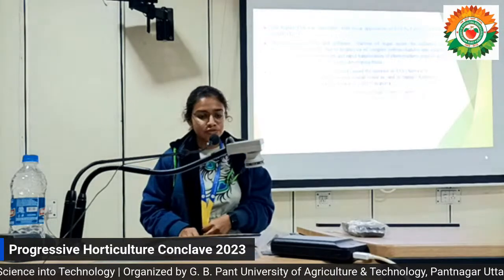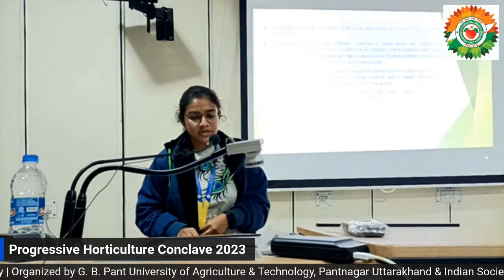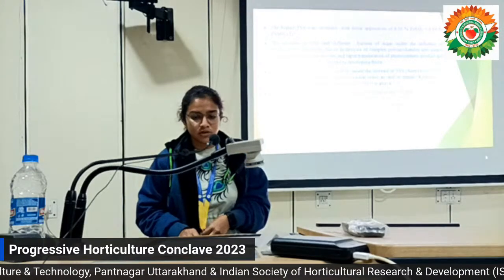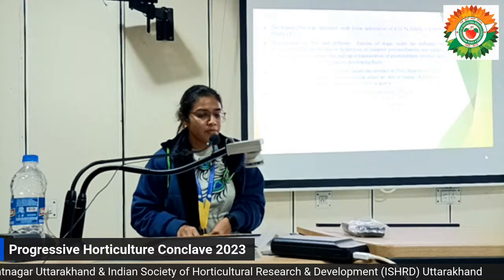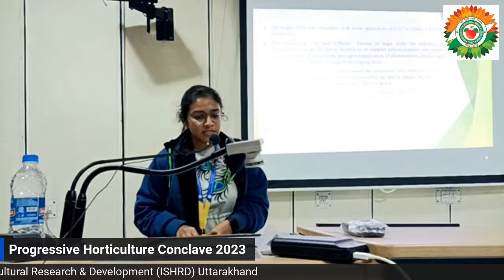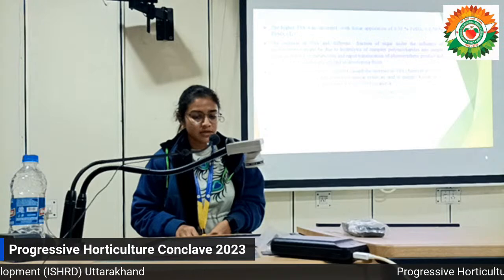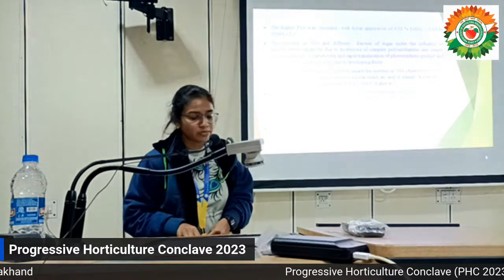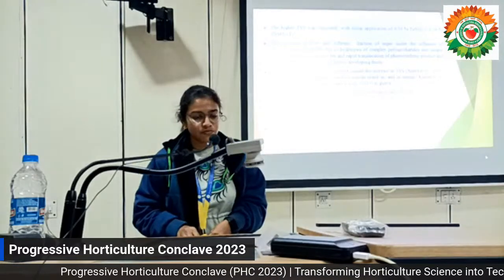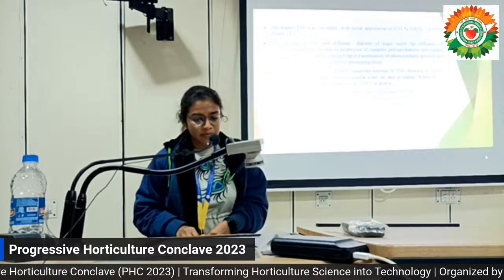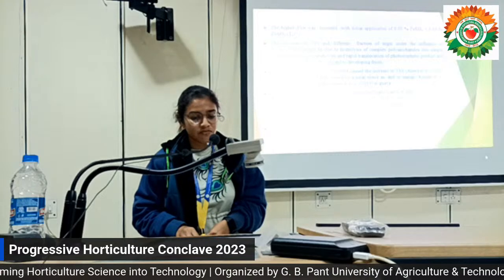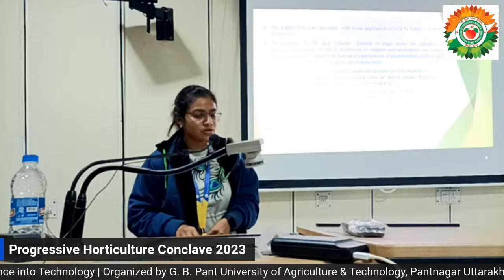This might happen due to hydrolysis of complex polysaccharides into simple sugars, synthesis of metabolites, and rapid translocation of photosynthetic products and metabolites from other parts of the plant to the developing fruits. And ascorbic acid was also recorded significantly higher in the T9 treatment, that is 0.50% FeSO4 and 0.50% ZnSO4, which might be due to the catalytic activity of enzymes and coenzymes involved in ascorbic acid synthesis.